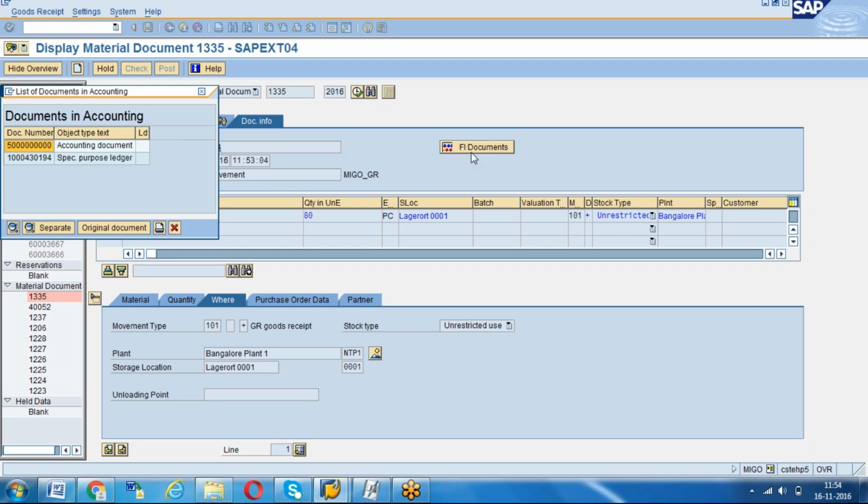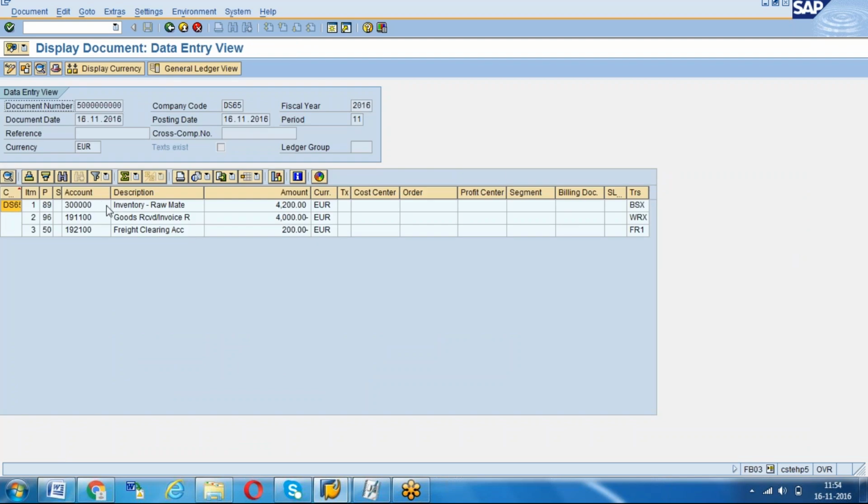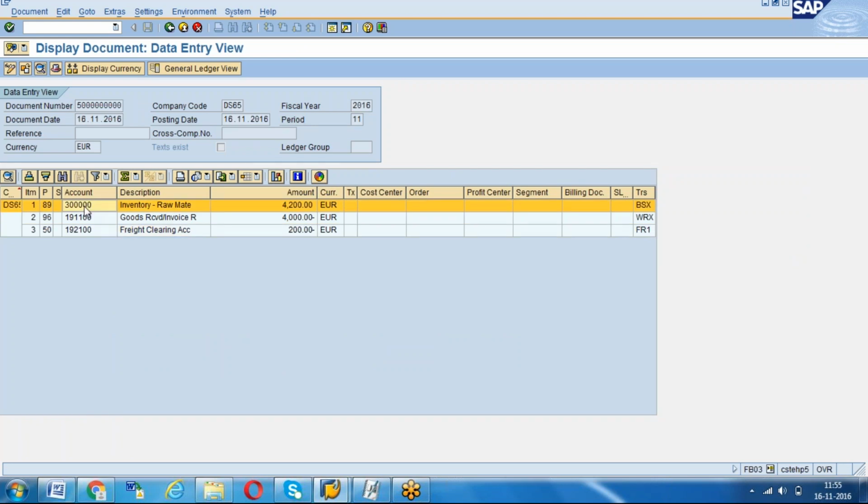Now going to the accounting document. In the accounting document, see the BSX stock account gets debit, GRIR gets credit, and the freight clearing account also gets credit. I hope you remember, when you were posting, the system first prompted that this 300350 GL account is not available for your company code. We have maintained that.